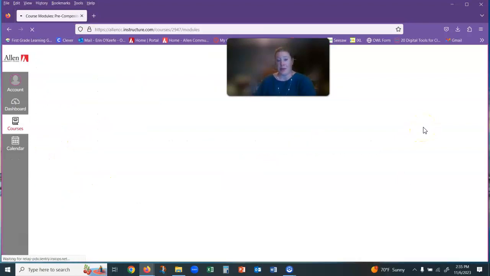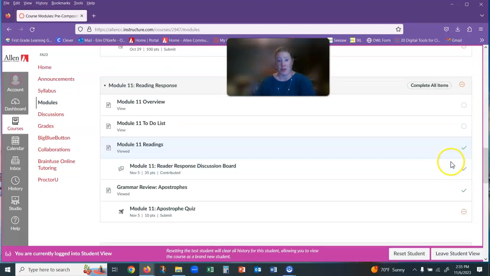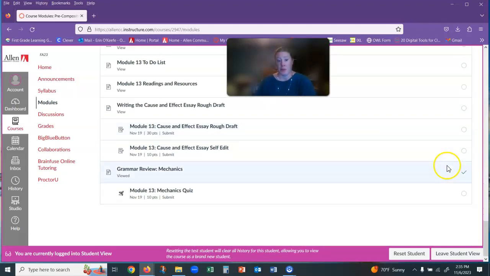So that's the module. It's right in the middle of what we're working on as far as the cause and effect. We've learned about it. We've started planning it. Now we're drafting it. The next unit, like I said, will be peer editing. And so by the time you get to the point where you're creating the final draft, you should have a lot of feedback. You'll have your feedback from yourself, from me, from your peers, from the writing lab. So we're going to have a lot of stuff to look at. This will be a big essay with a lot of steps involved.